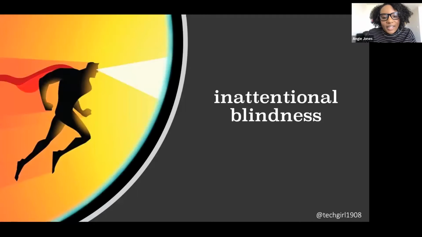So did you happen to notice the 21 changes? Or at least the one big one where the dead man got up and walked away? Probably not, right? Because we all suffer from what's called inattentional blindness. This is where we don't notice new and unexpected things that may come into our viewport because we're so focused on a specific task at hand. And that's particularly true when you think about